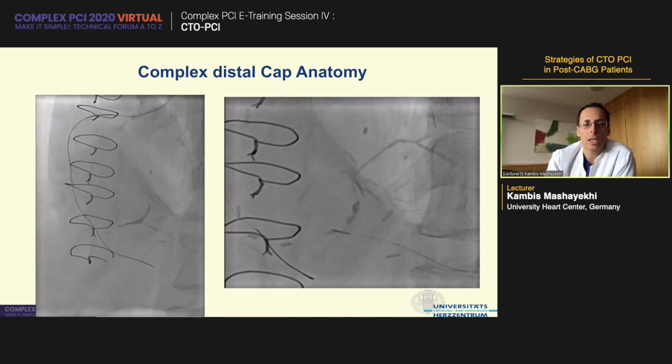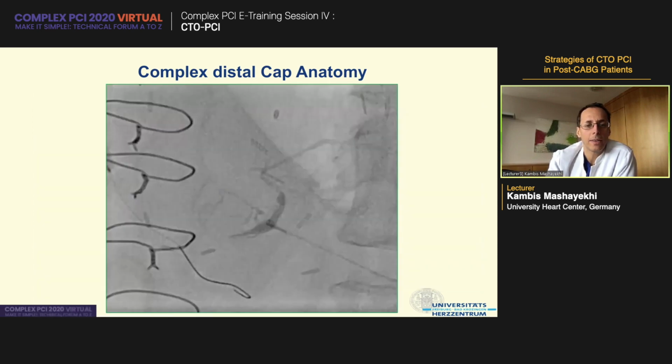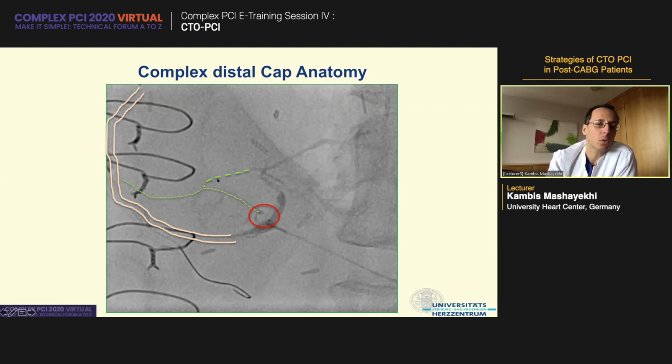RCA. And what I could see here was very interesting, because this is the graft anastomosis. Here I show you the image. First of all, this is the old graft. This is the posterolateral branch, and this is the PDA. And here you see that there is a true occlusion, and here actually it's a jump graft from the PDA to the posterolateral. So therefore, first of all, I had to open this, and afterwards also to reconstruct the whole